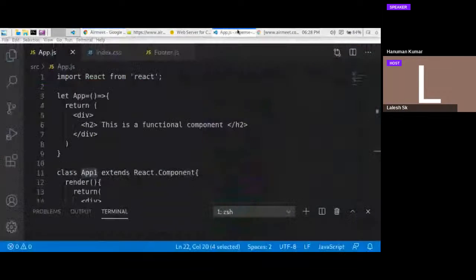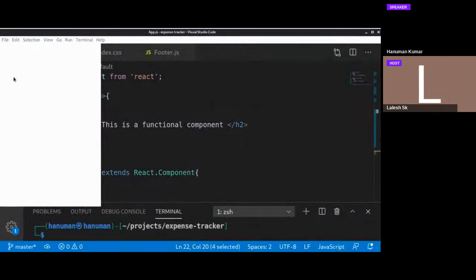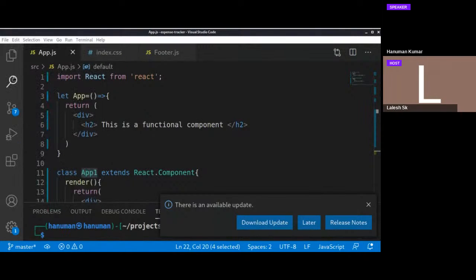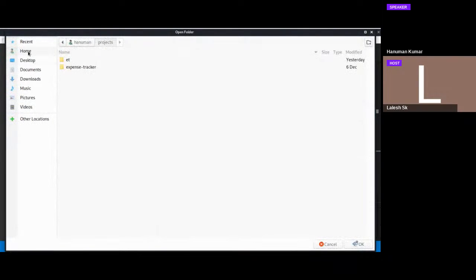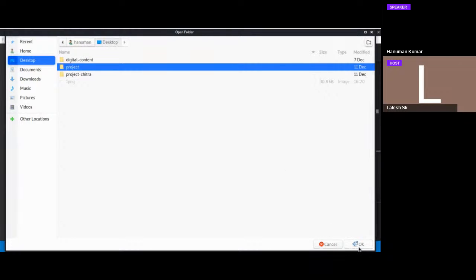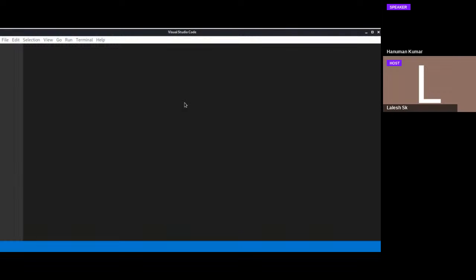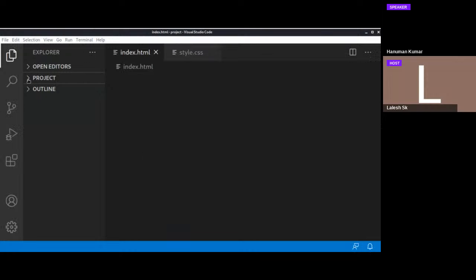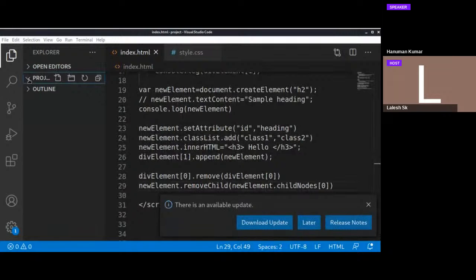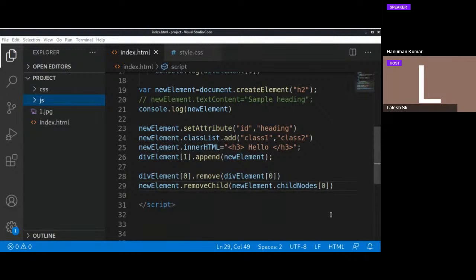So let me open the project. Open folder. So here we are going to select our project. This is the project, and we have JS, CSS, and index.html. This is our project. So we have these,